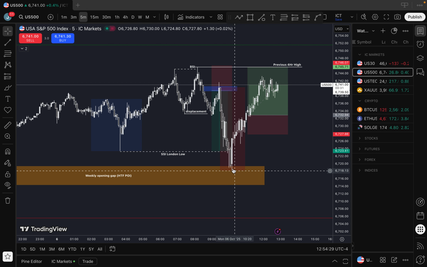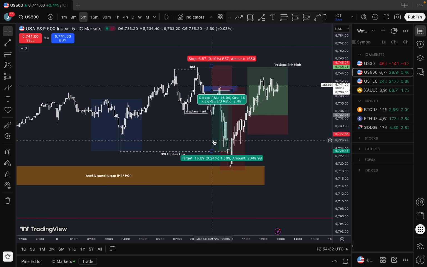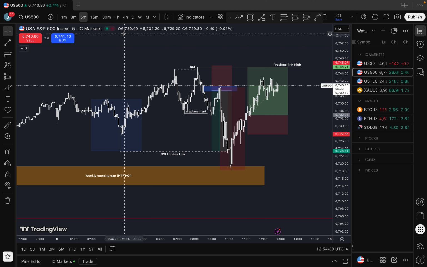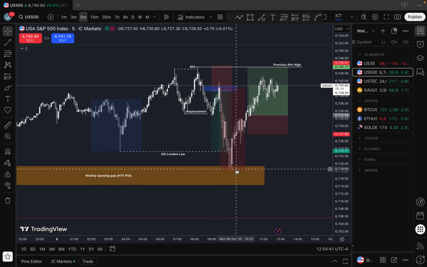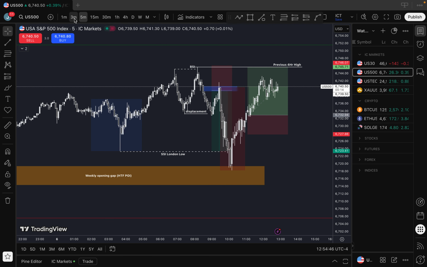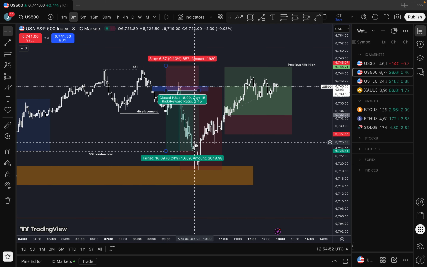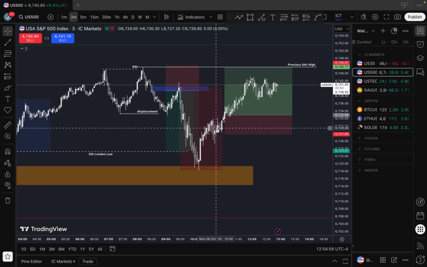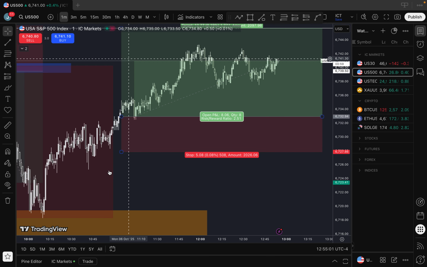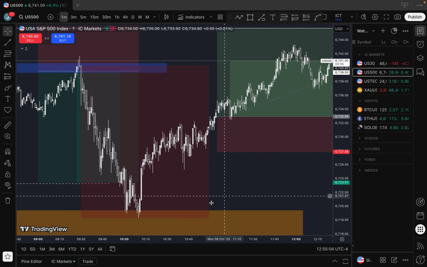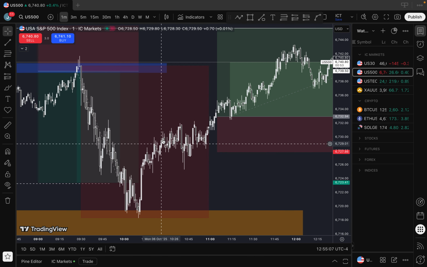As you can see here, price bounces quite nicely off of this zone, and in line with the silver bullet model, when price trades down into a higher time frame point of interest and has a quick reaction off it, that is usually a sign of a reversal, evidenced by this big candle here, break of structure on the 3-minute chart. From here you're waiting for a fair value gap to enter. I think there was one on the 1-minute chart at one point. So you could enter long here,